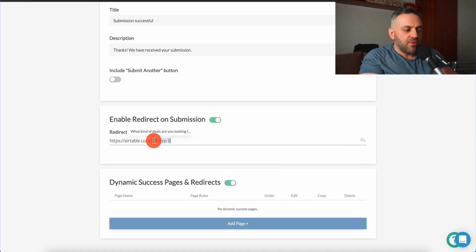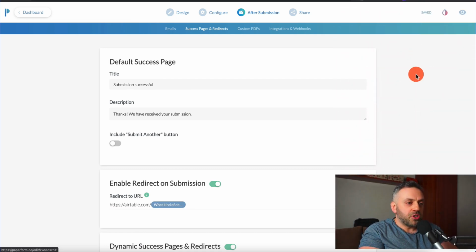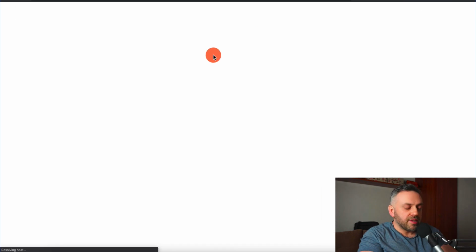We're going to choose this field, and it's going to enter a token that's going to be automatically filled in depending on their response. So let me show you exactly how this works. So it's already saved. I save changes. Everything is done. Let's preview this form. Let's take a look at it. Let's open this form in a preview here, and let me show you exactly how this